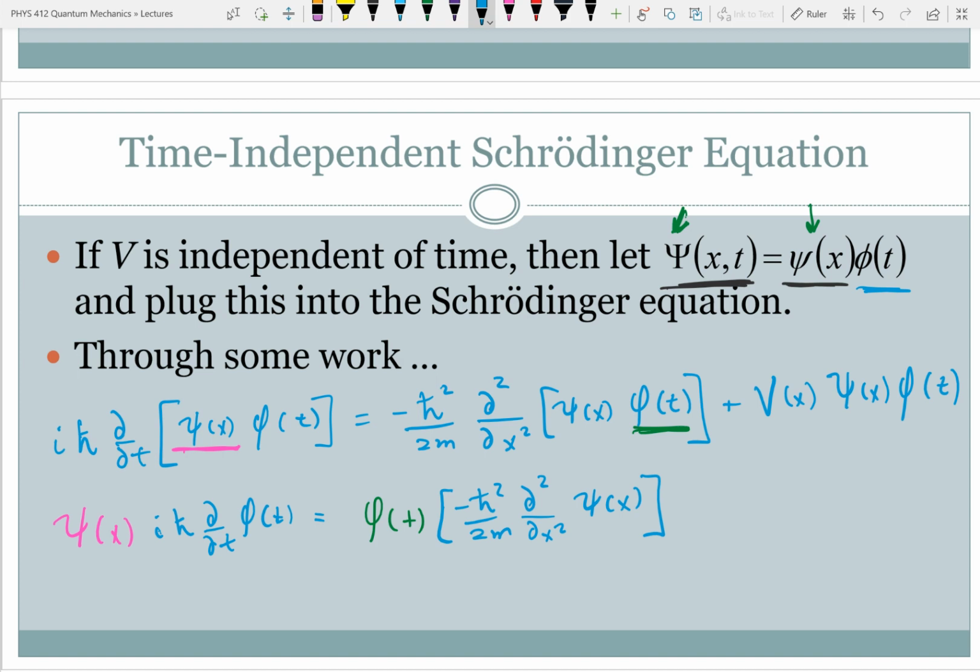And then finally, the last one, my potential energy operator is generally just a multiplicative thing, or a function of x. It's not a derivative, integral, or something that's going to change it. And so in that case, it's just completely unaffected. So I have